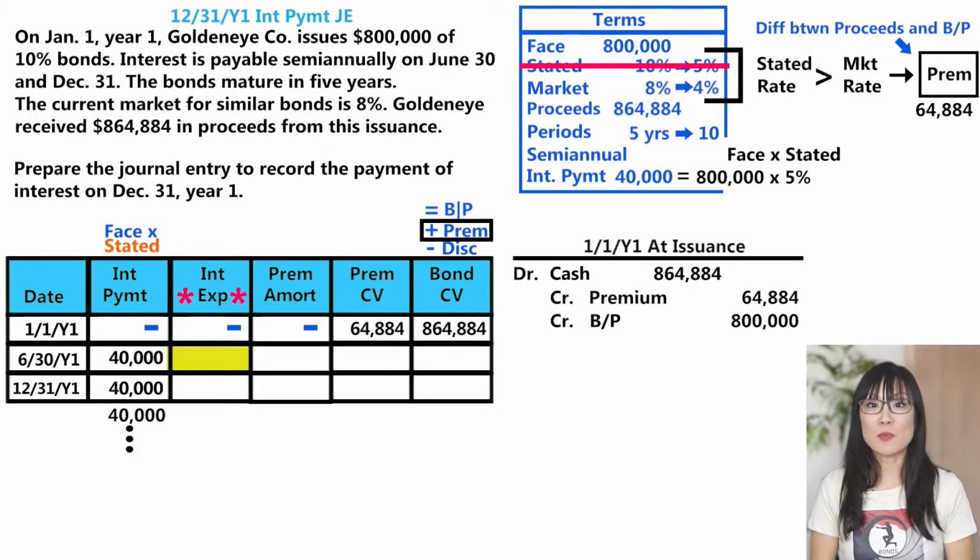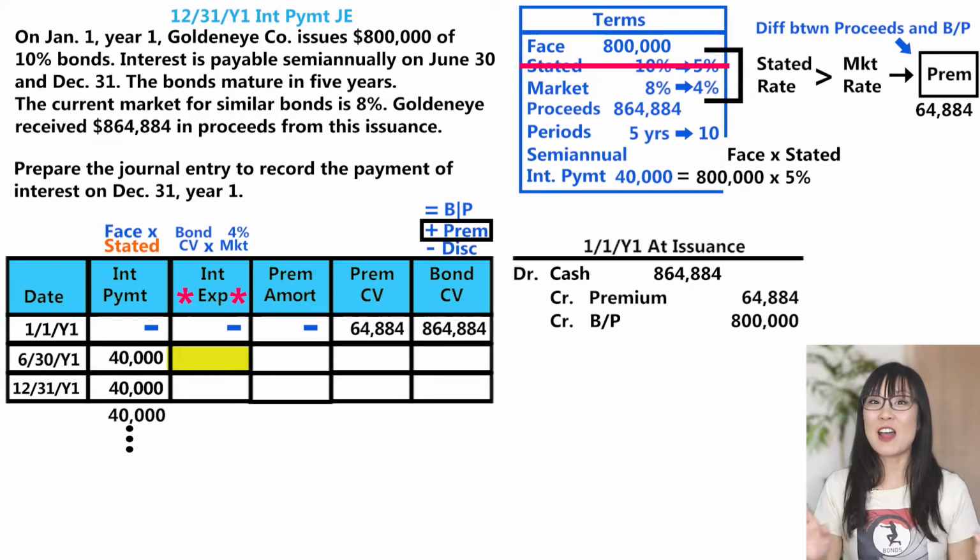We calculate this by multiplying the bond carry value by the market rate. Remember, we already used the stated rate to calculate the interest payment. That means that everything else is about the market rate. Here the market rate is 4%. We take the previous period's ending bond carry value, 864,884, and multiply by the 4% market rate, which gives us